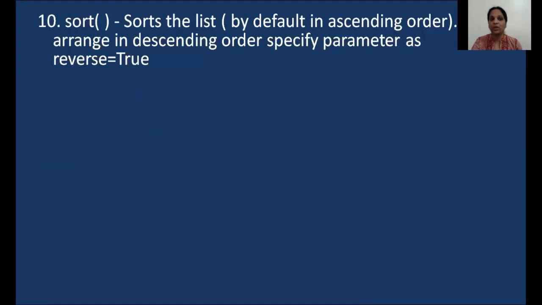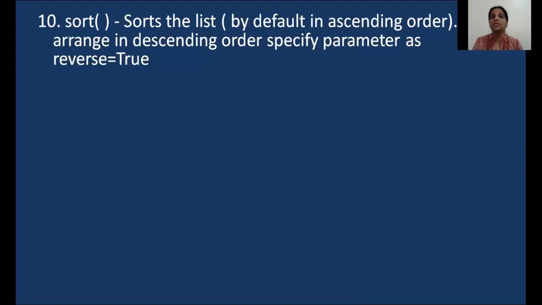Clear? Okay. The next function is called the sort function. The sort is to arrange the data either in ascending order or descending order. By default it is ascending. Generally, in normal things, everything by default is ascending. If I ask you to stand according to your height in a class, do you start from the tallest boy to the shortest boy? No, you start from the shortest boy to the tallest boy, because that's how our concept of sort speaks about that, small to big. So by default it is ascending.